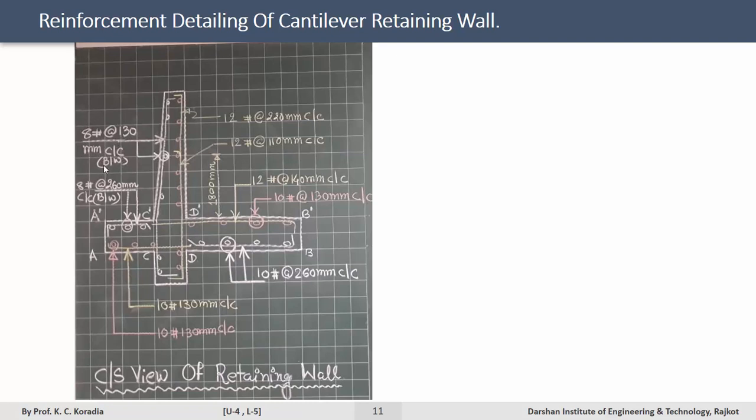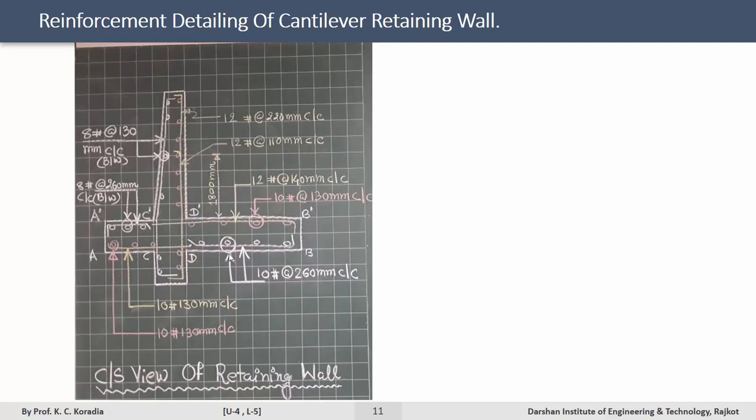Here I have made a mistake in which I have provided 0.12% steel in both directions. Actually, it should be 0.06% in the vertical direction and 0.06% in the horizontal direction. Therefore, this spacing gets revised to 260 mm center to center. You are supposed to revise the spacing of this steel. Hence, our new spacing will be 8 torr about 260 mm center to center both ways, that's vertical and horizontal steel.